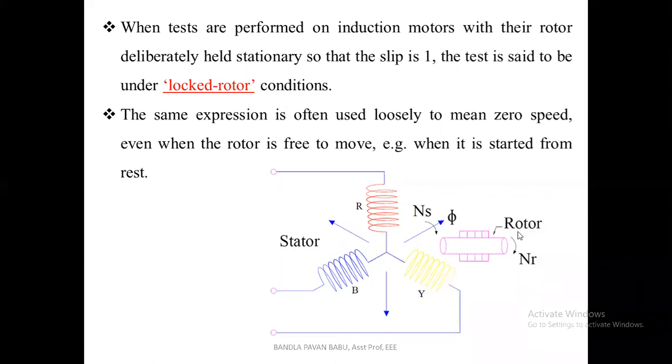Coming to the rotor, look at the diagram. Because of this RMF, which is linked with the rotor, either squirrel cage or slip ring type, the rotor starts rotating. Because of the concept of slip, if the slip is between 0 and 1, the rotor starts rotating, and that speed is denoted as NR or capital N. The main concept here is that it depends upon the flux, that is the stator RMF and the rotor speed.